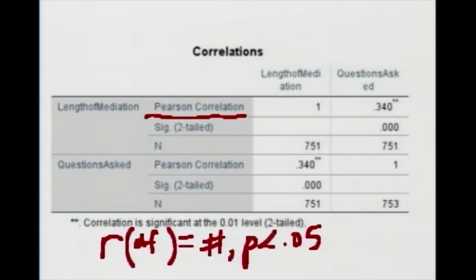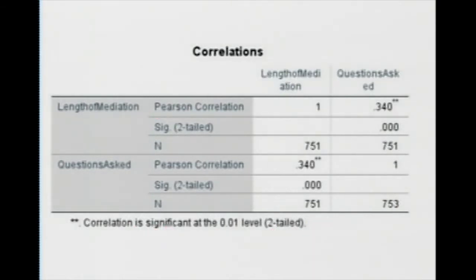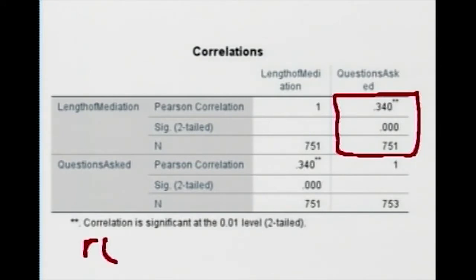Okay, so that's kind of the formula. Here's the R, and then the degrees of freedom. We'll put the number of the correlation, and we'll put whether it's significant or not. So let's actually write this out based on these results, and we can use this box right here to express this. And so let's do R, and we'll do the parentheses.